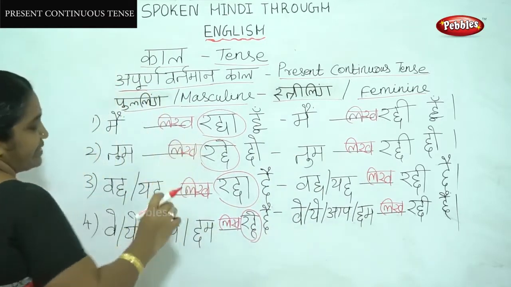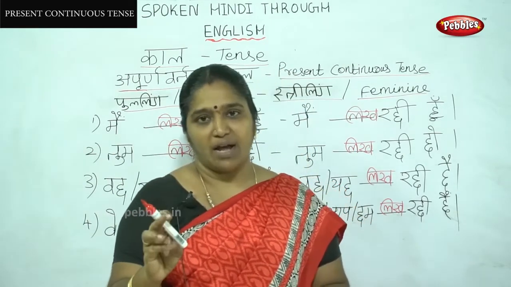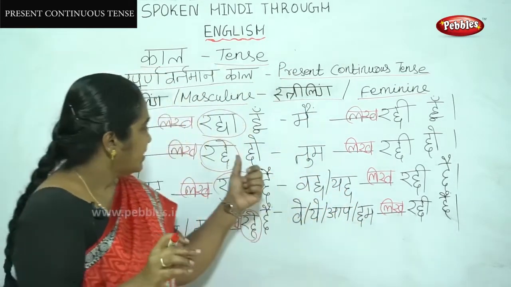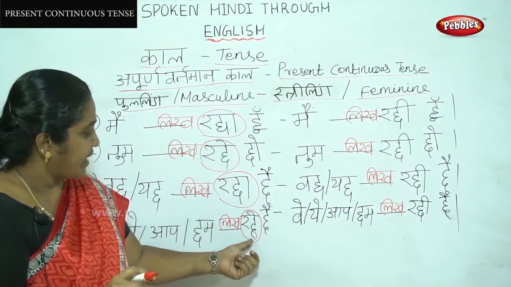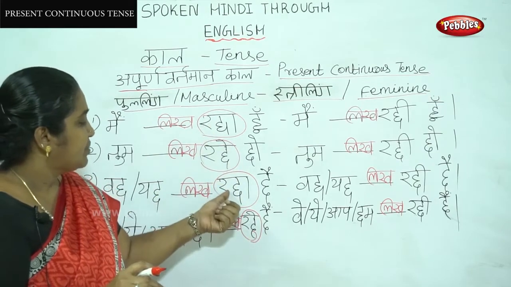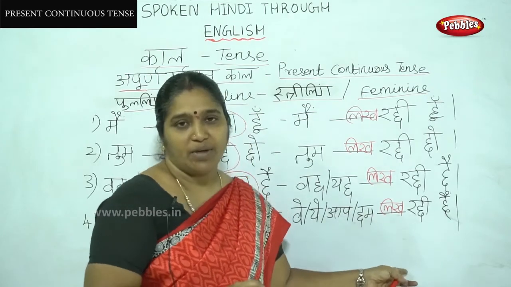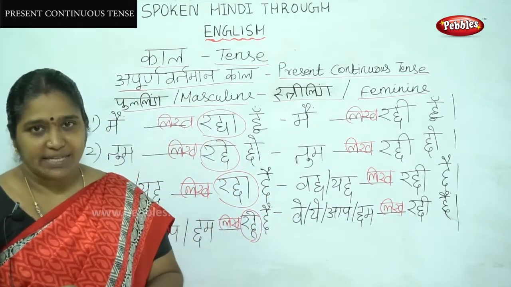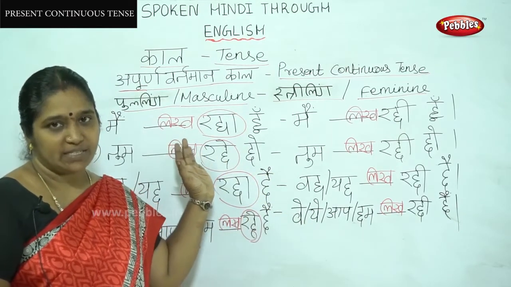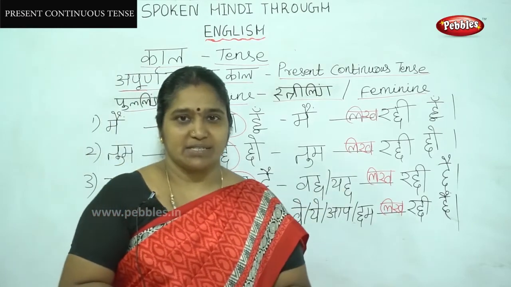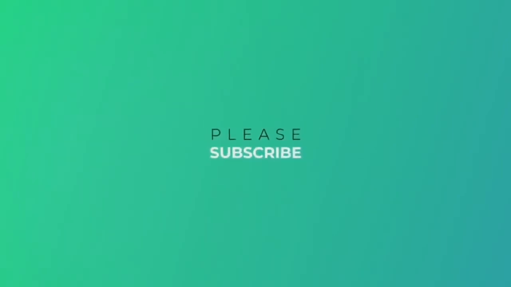Raha means this is a continuous tense. For the continuous tense, we have to put raha, rahi. For the plural, rahe, and for elders also rahe. Then for singular we have to put raha. Here for all the persons in feminine we have to put rahi. Can you understand these things? Likewise we can make a table and write the verbs in the blanks. We can read and practice this.